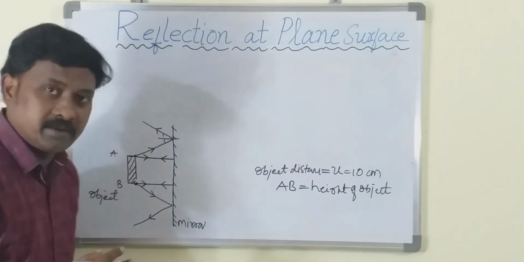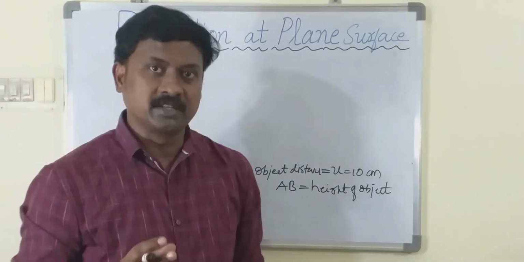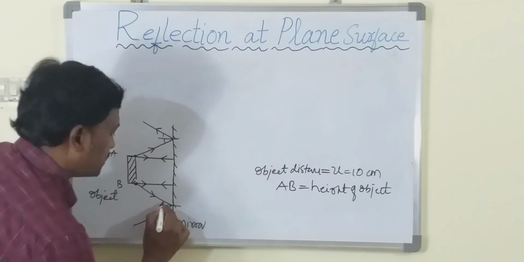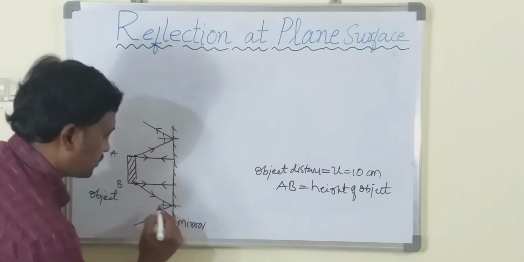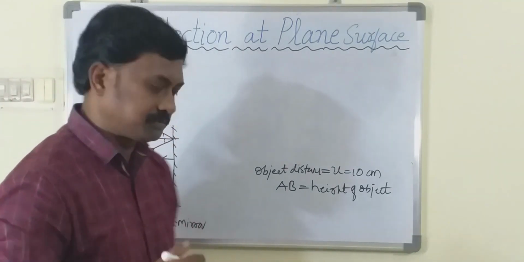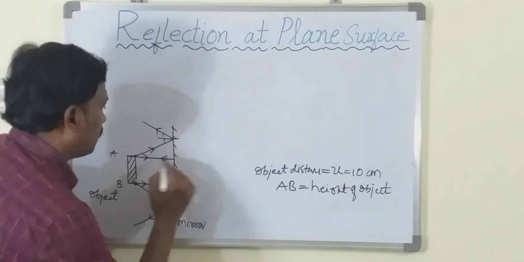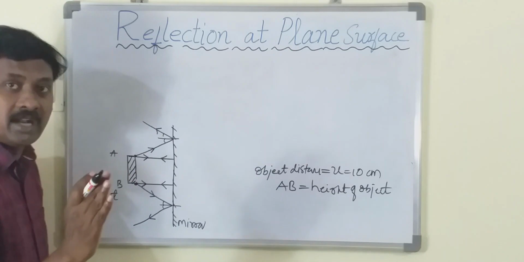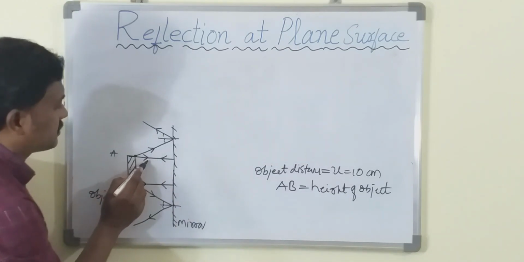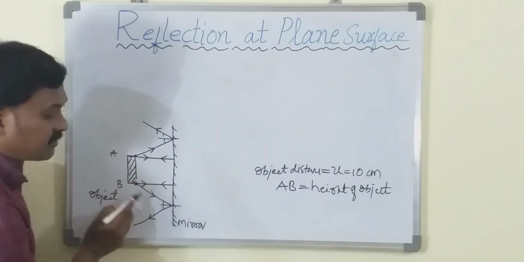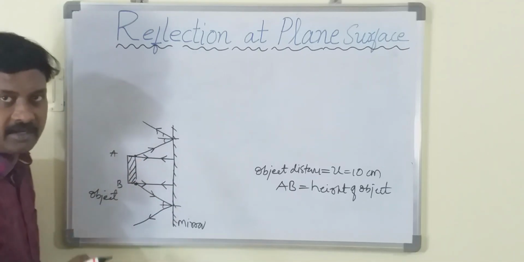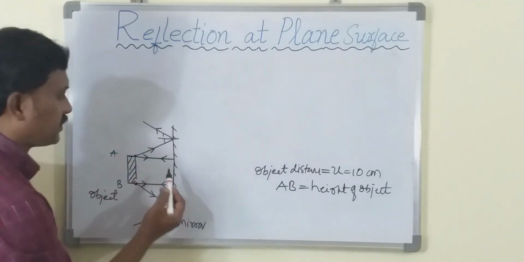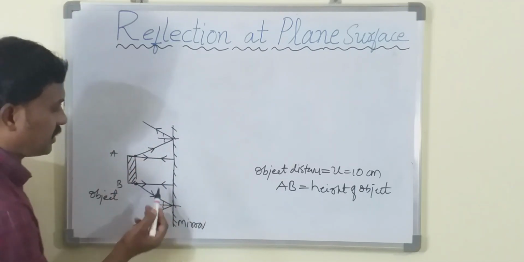So you have to remember here, they follow the laws of reflection. That is, angle of incidence is equal to angle of reflection. If you draw a normal here and check it, angle of incidence and angle of reflection both will be equal. Now, if you look at the diagram, we have four incident light rays. First, second, third and fourth. Four incident light rays. Now for these four incident light rays, we have four reflected light rays. 1, 2, 3 and 4.